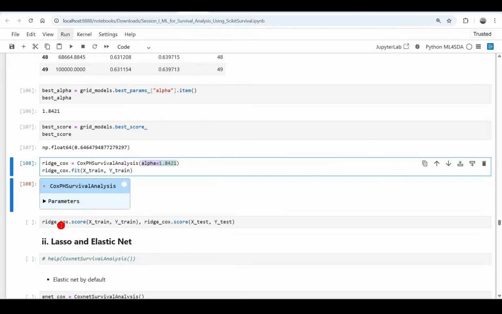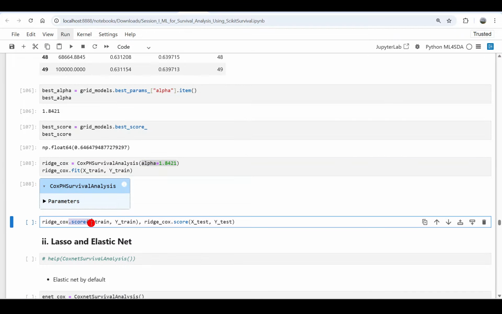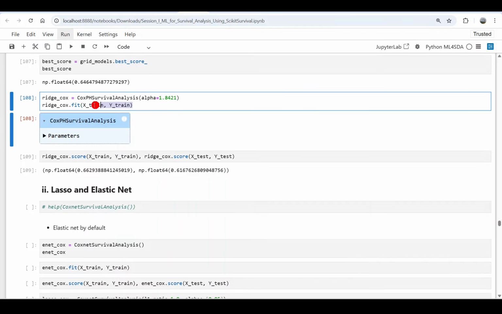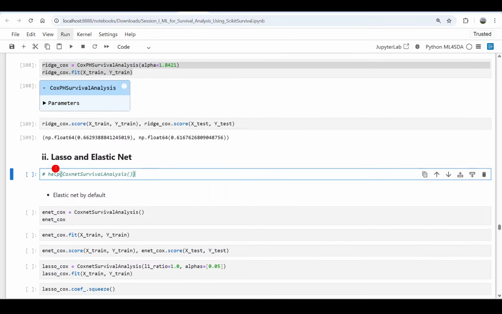Then with this Ridge Cox, we can obtain the score: Ridge Cox.score on the training data to get the training performance, and Ridge Cox.score supplying the test data to get the test scores. So this can be considered as our final Ridge Cox model. And the others are the lasso and elastic net Cox models, and for that we are going to